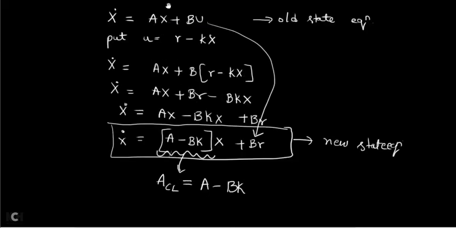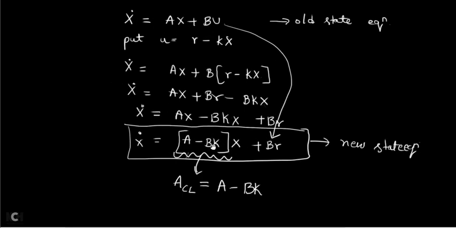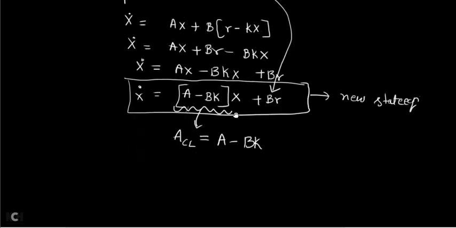You do not have any control here. A, B are all constants. You cannot control the system, meaning you cannot make it stable. But in this equation, I have a parameter called K. By using K, I can control this equation. If you control this equation, that means you can make the system go from an unstable system to a stable system.